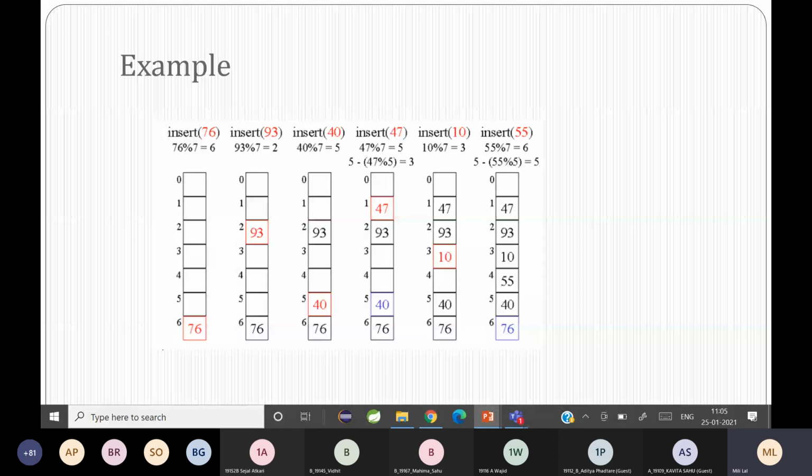समझ में आया क्या? Yes, ma'am. So यहाँ पे difference क्या है? In previous cases, when you do the hash function, when you want to find the next available space, you used to find the index directly, but here you are finding the number of steps from the current position. I hope it's clear to all. Is there anybody who didn't understand this part?